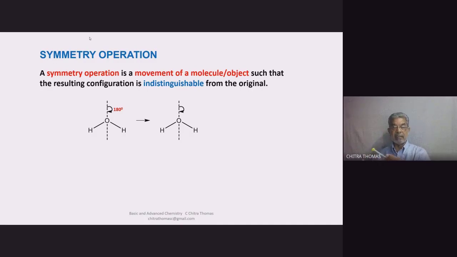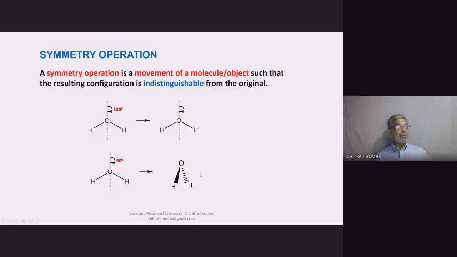On the other hand, if I rotate the same molecule through 90 degree, this will come here. This bond will be pointing towards me. This will be pointing away from me. This can be diagrammatically represented like this. This is a wedged bond, which is pointing towards me. There is a hashed wedge or the dotted wedge, which is pointing away from you. Now, these are the original configurations. These are the resulting configurations.